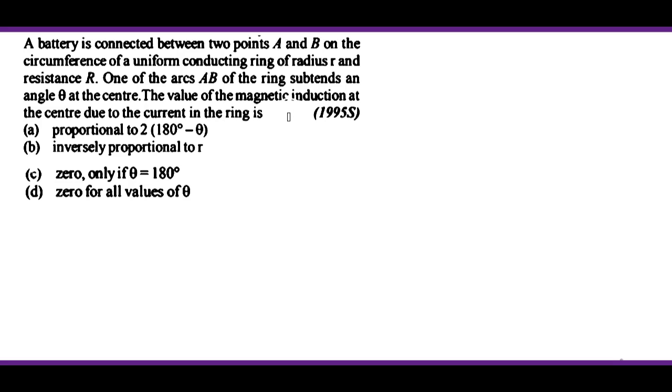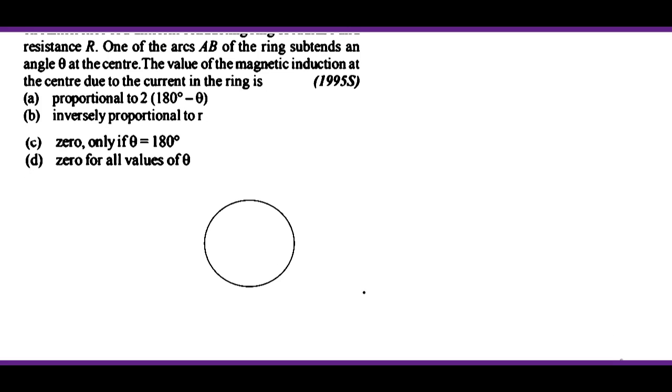ठीक है, तो सबसे पहले इसको फिगर से समझने की कोशिश करते हैं कि कह क्या रहा है। तो एक सर्कुलर रिंग हमने बना लिया। ठीक है, अब इसके 2 पार्ट को हम रैंडमली लेते हैं, उसने पर्टिकुलरली नहीं बोला है, तो 2 पार्ट हमने लिया और उसको बैटरी से कनेक्ट कर दिया। ठीक है, तो एक यहाँ से लिया हमने,